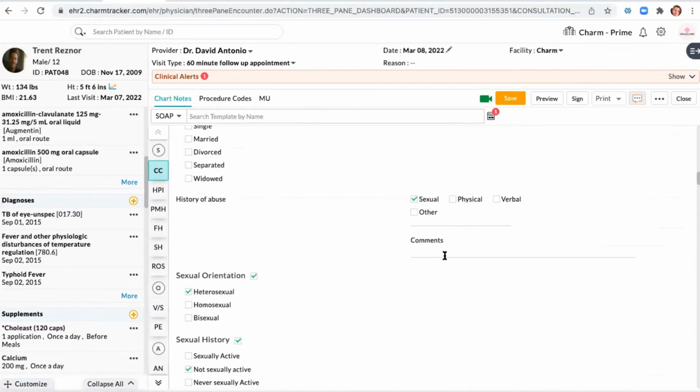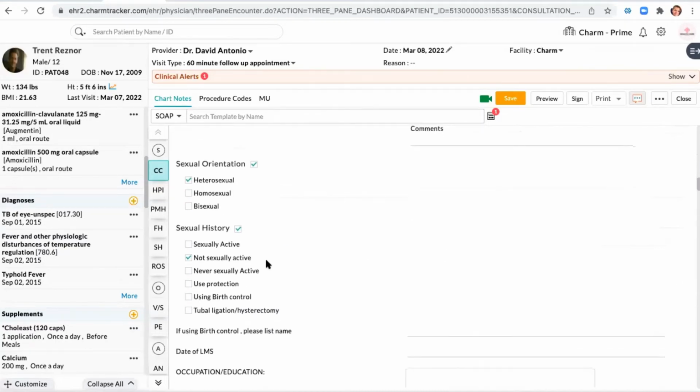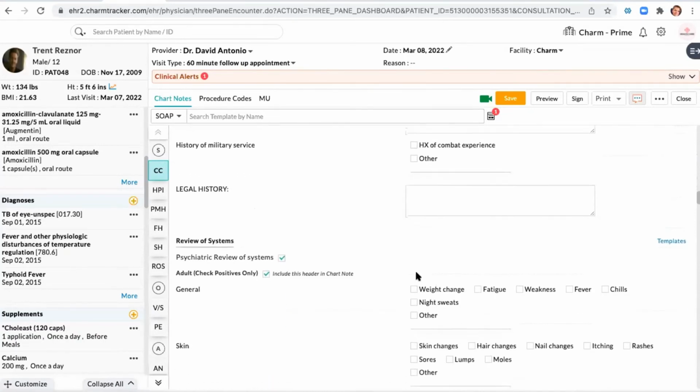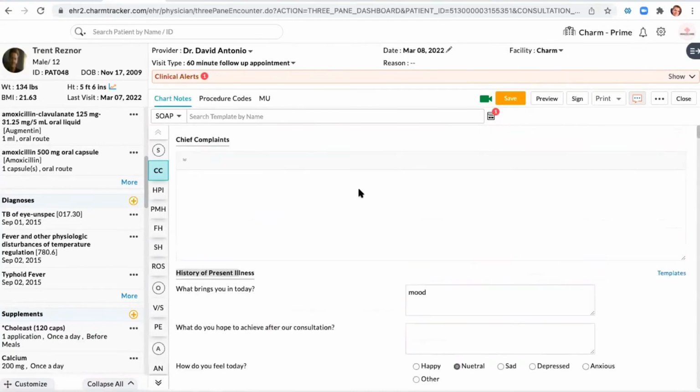History of abuse, sexual orientation, not sexually active, etc. And now you're seeing how that information auto-populated from the questionnaire into your patient's chart. The next thing I'm going to do just real quick is talk about flow sheet, your quick text, and also